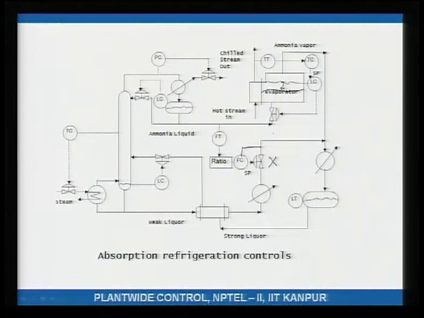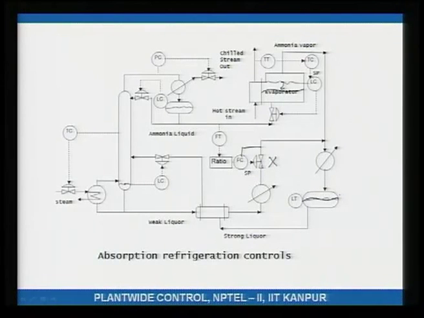Now, because this ratio is being maintained, this valve is not available for level control. Therefore, the bottoms level is maintained by adjusting the feed to the column. Notice that the level here is not controlled. Why is that so? I mean, wherever you look, if there is a level, it must be controlled. Here is a level that is not being controlled.